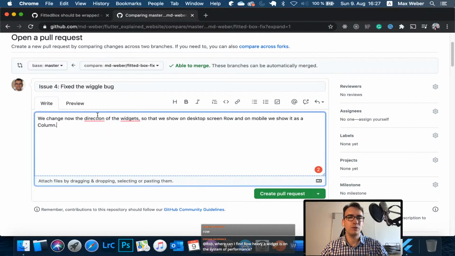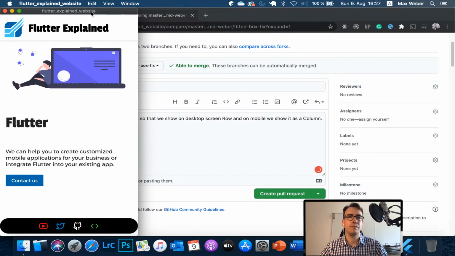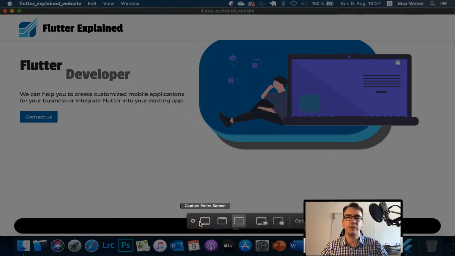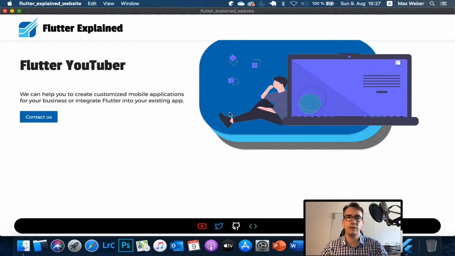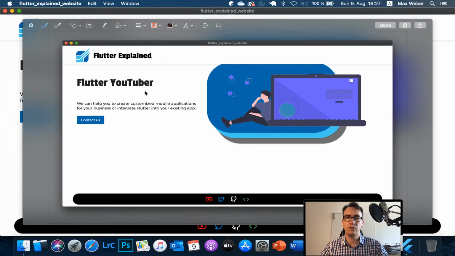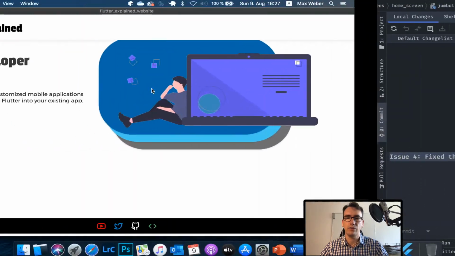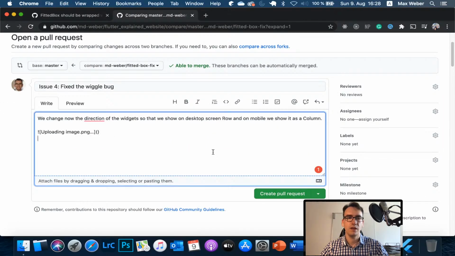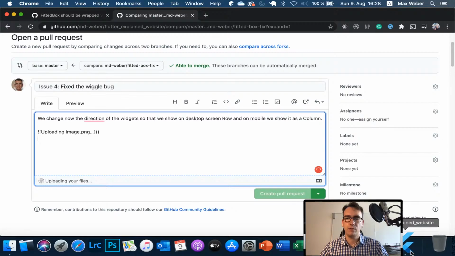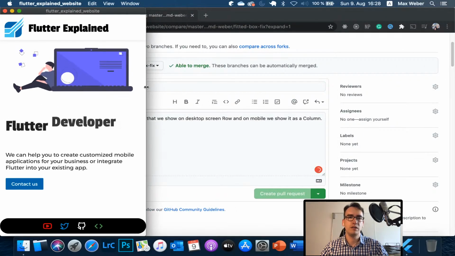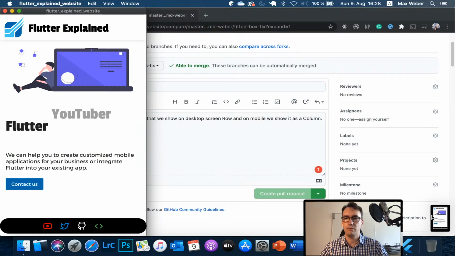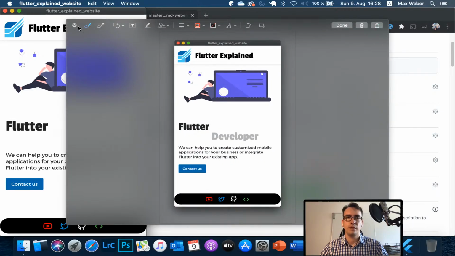And what I will also do now is add the direction, the widgets, and I will provide some screenshots, because not everyone who comes into something like that will automatically understand the scenario. I will add the 2 screenshots that we have. So that is the first one. Whoop. And the second one is in a smaller size. So here we go. And with that,